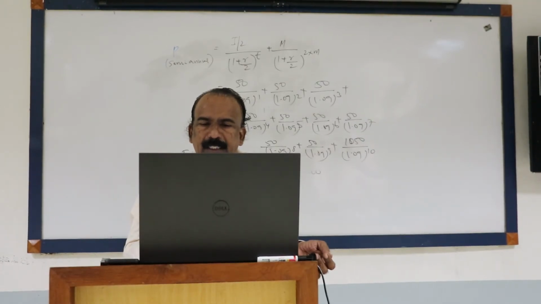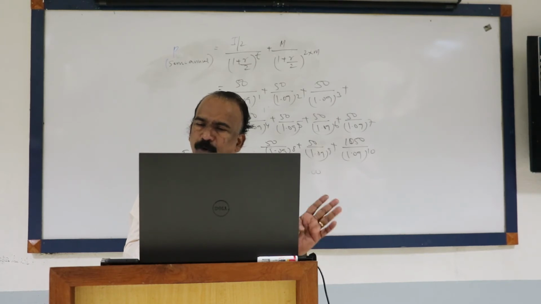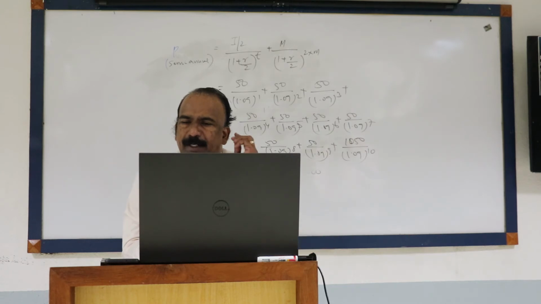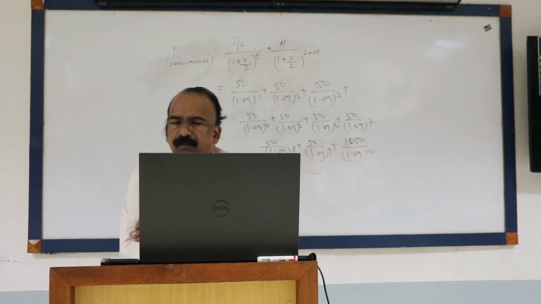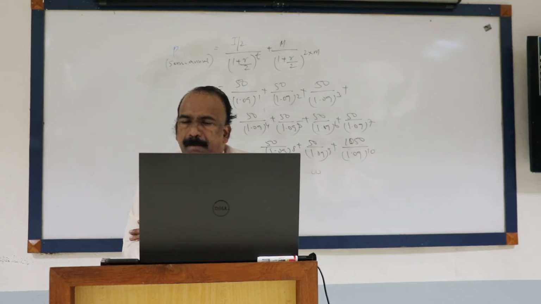Okay. When you look at the next case, case number 8, coupon rate 8%, interest semi-annual, R is 12. So 12 means 6%. The coupon rate is 8%, that is 8 rupees, so it will be 4 rupees. 8 by 2, 4 rupees. And you will have to calculate for how many years? It is 10 years, so you have to calculate for 20 years. That's the only difference.